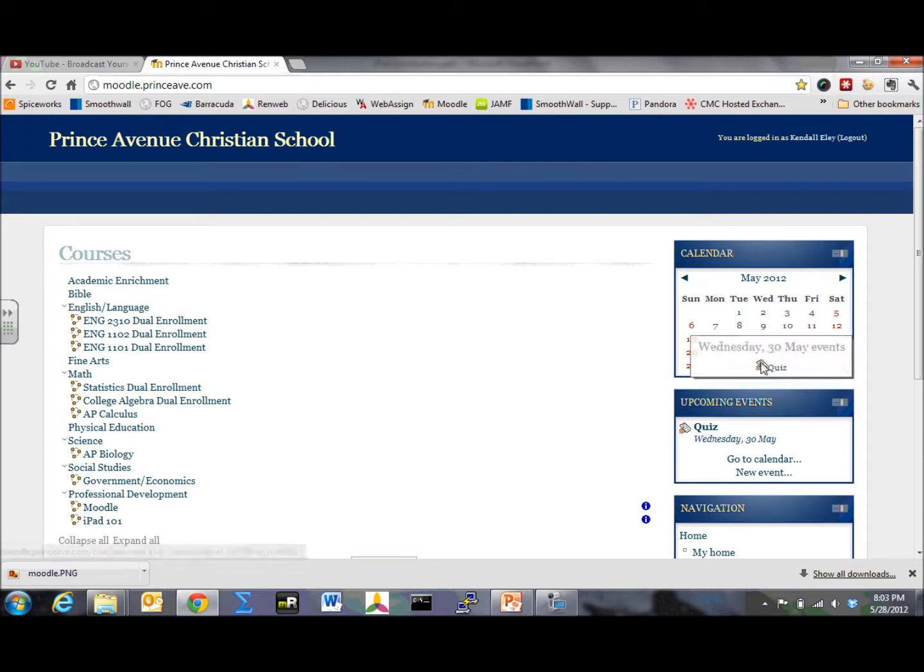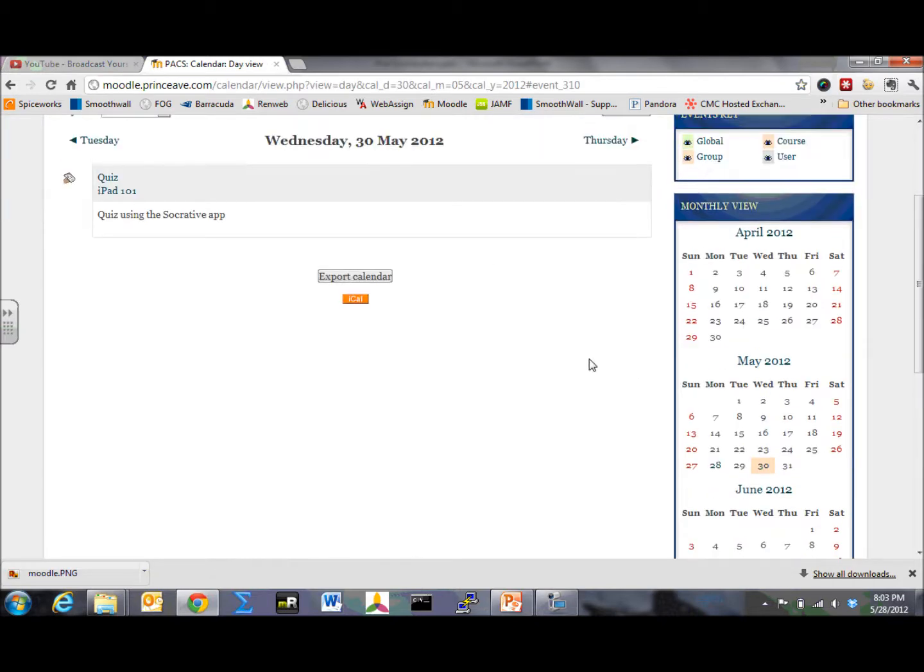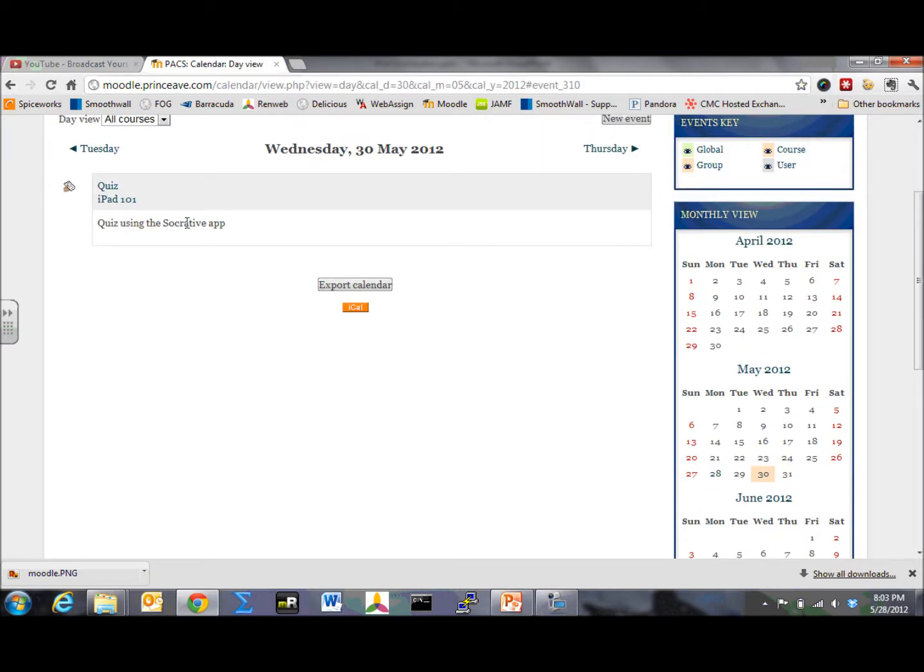So if I hover over that, notice that it tells me the event for May 30th is a quiz that I have, and I can click on that quiz and it will take me to the quiz that I actually have, and if the teacher has given me information about that quiz, it will be right here. So you want to keep that in mind as you create items for your courses. You want to be sure and give them a descriptive